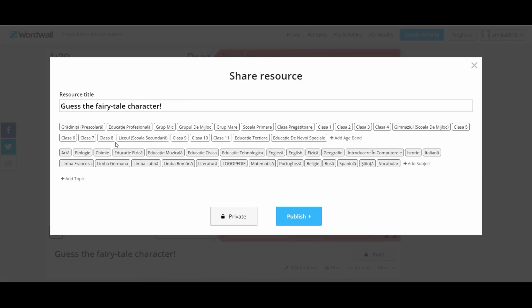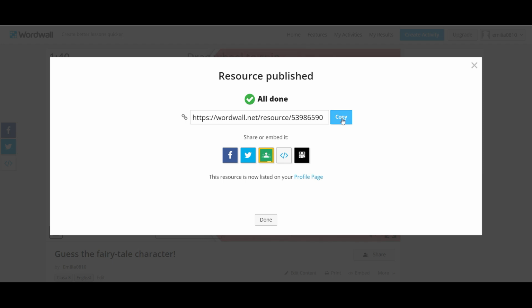The last stage is to save our digital resource and share it with our students or the entire world if this is going to be an open educational resource.